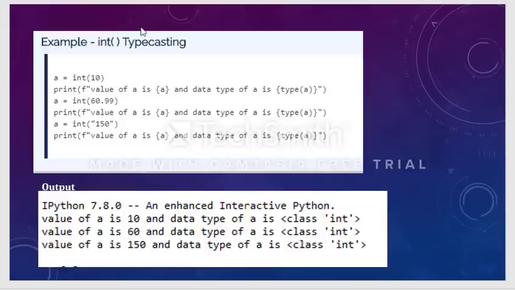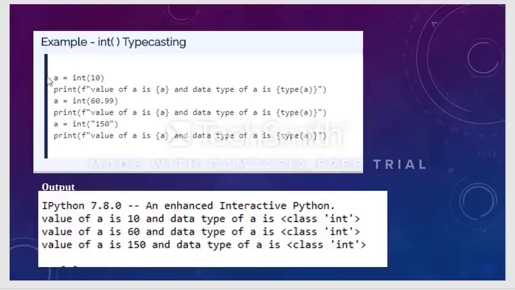So when you convert 10 into an integer and now you want to check the data type of a, what is the data type of a? a contains the value 10, and obviously the data type becomes integer.